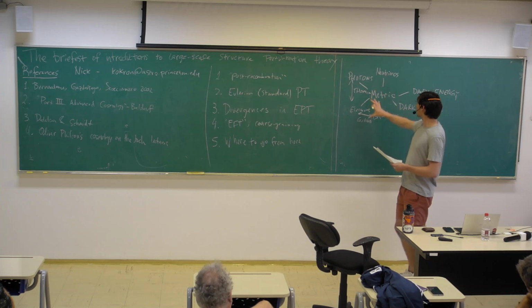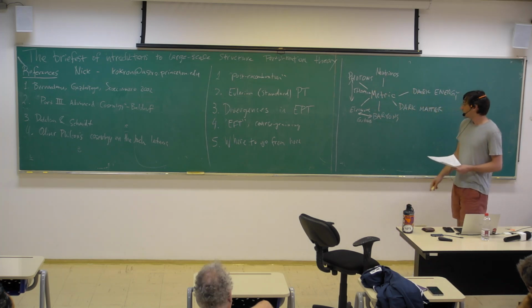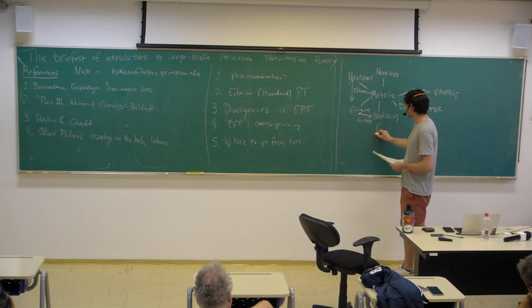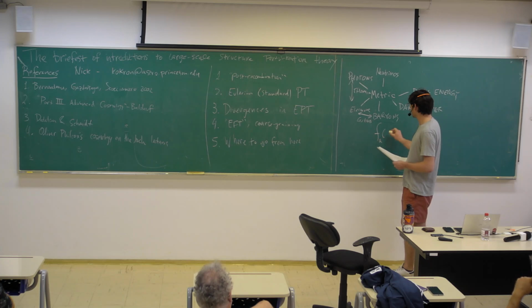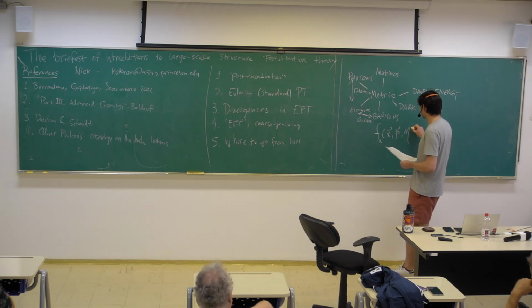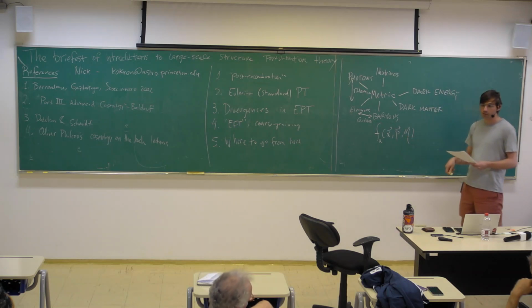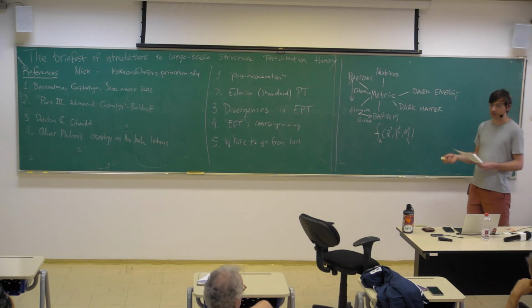So you're trying to track all of these species simultaneously. Really what you're trying to track is something like the phase space distribution of a species alpha, so its position, its momentum, as a function of time. And this is conformal time, but you can just treat it as time. It just makes the calculations a little bit simpler.